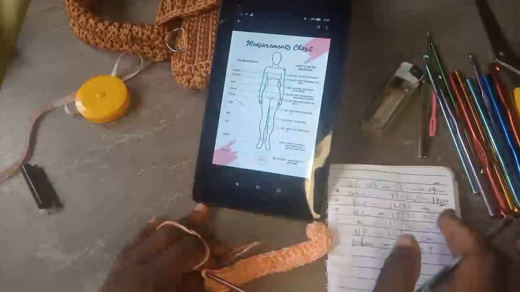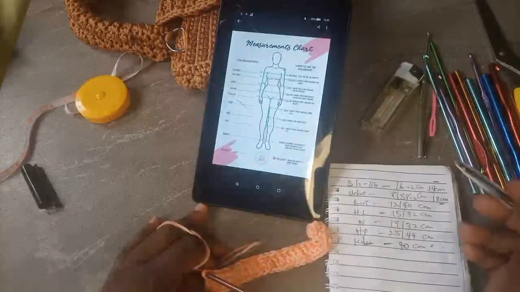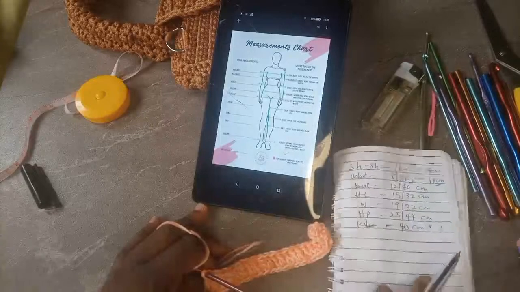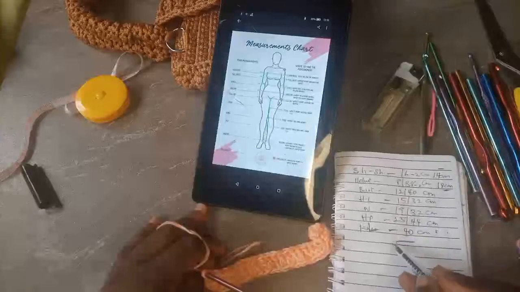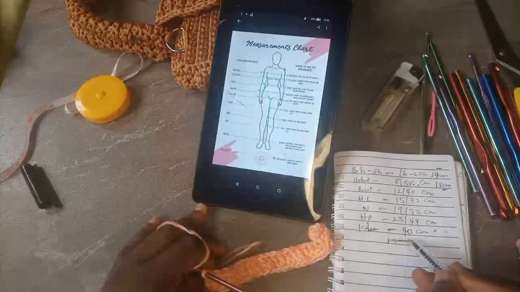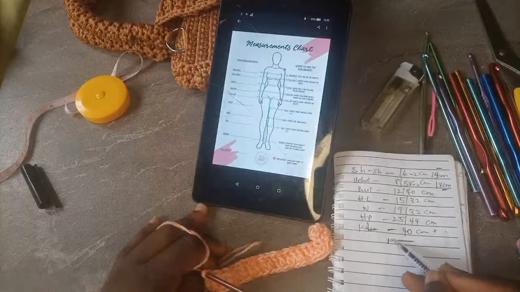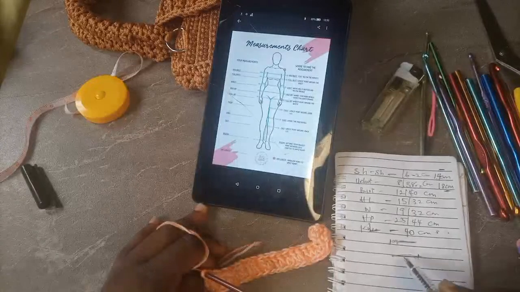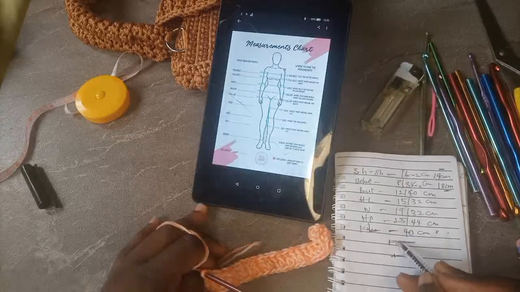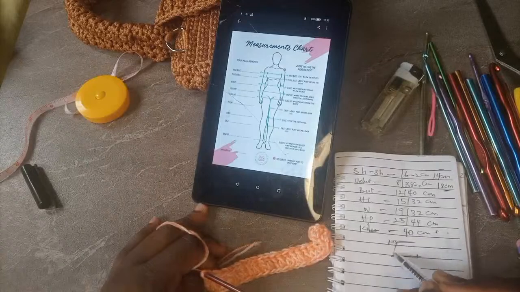Now if you notice, this is 14, this is 18, so that means there is some kind of increase that will happen between the shoulder measurement and your upper chest. So you have 2 centimeters extra here, 2 centimeters extra here. If you join it, you have something like this.